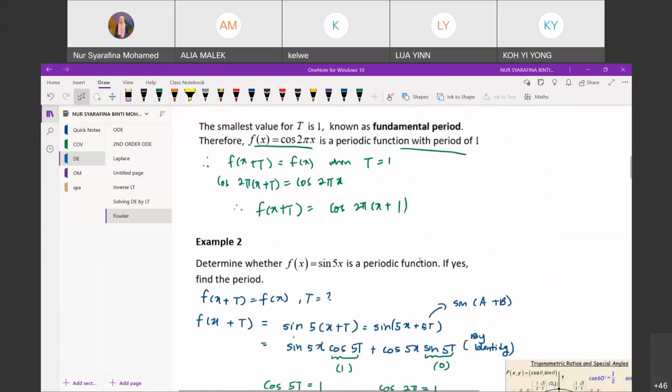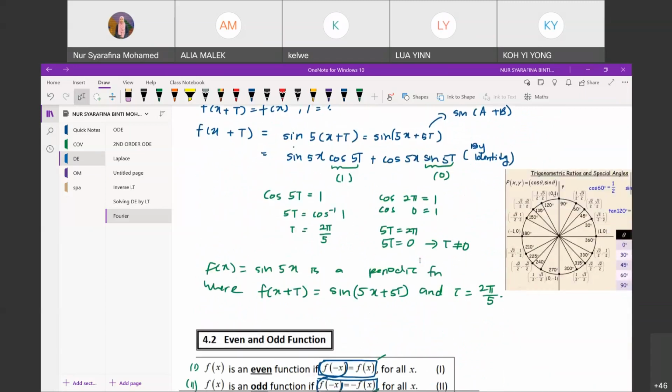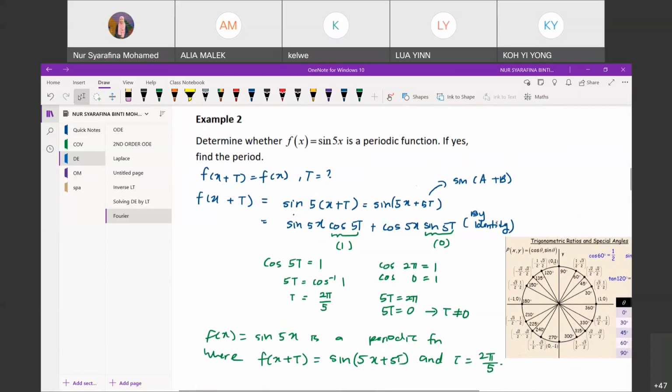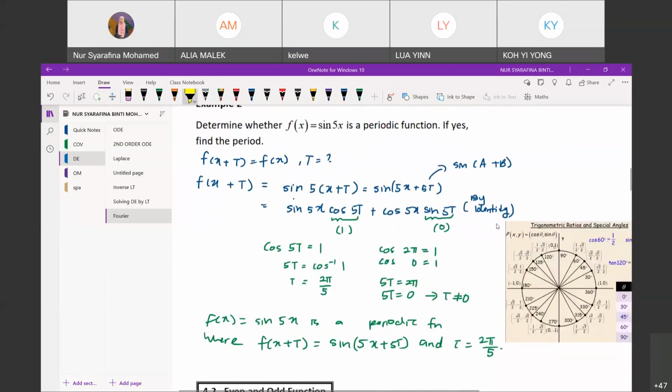Okay, so now let's take a look at example 2. We have sin 5x. Let me just explain here. We want to check whether this sin 5x is a periodic function or not. If yes, find the period. In order to make sure that this is a periodic function, you have to prove f(x + T) equals